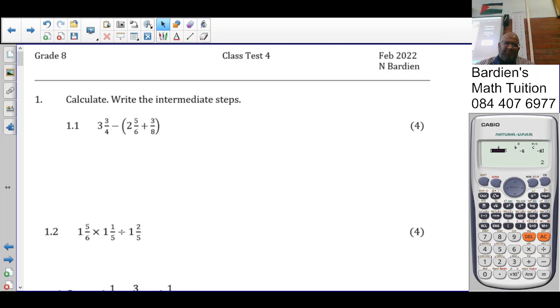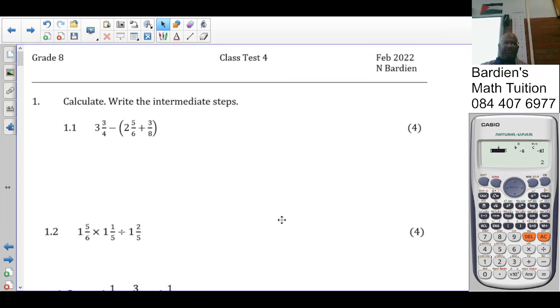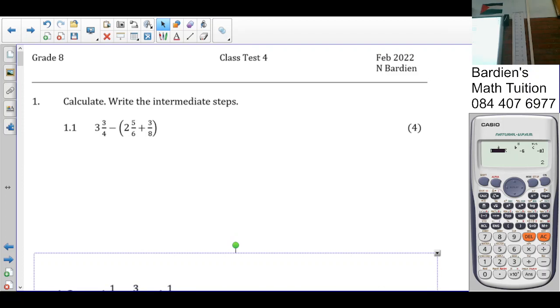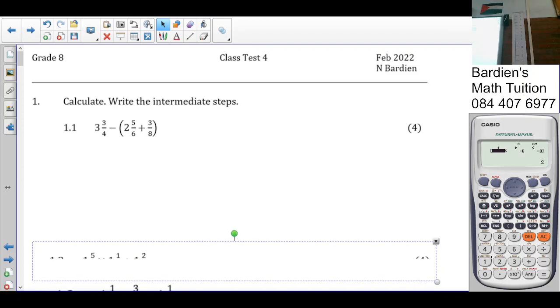We are just going to mark the class test 4 quickly. Did anybody come up with the name of the person who said that quote? No? No? Right, so at this point, we had class test 4, grade 8, the one you wrote on Friday. Okay, so first things first, we need to